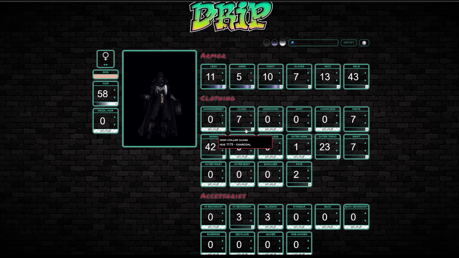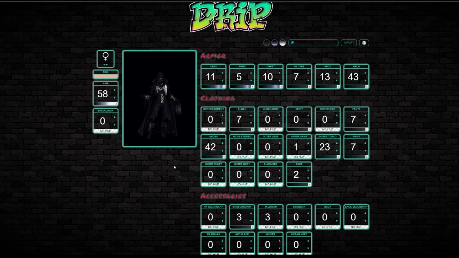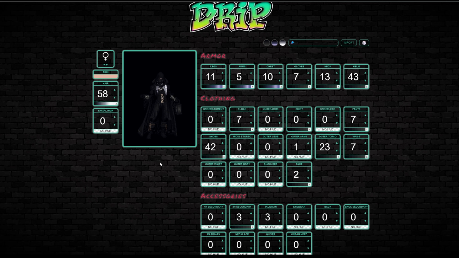And if I want to change the hue of an item, I just click the little bar at the bottom, and I can start looking through the different hues that are offered. Every hue in the game is offered in here. So yeah, if you're looking for a way to design a new outfit, come on over to Outlands Drip. There is also a function where you can import your current